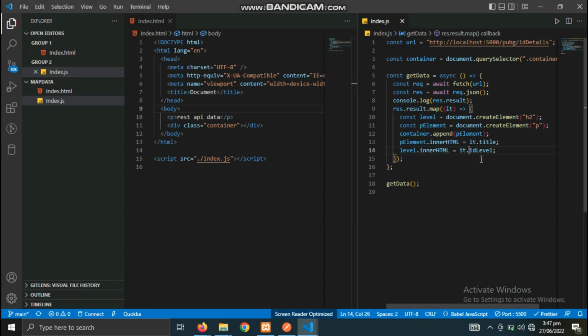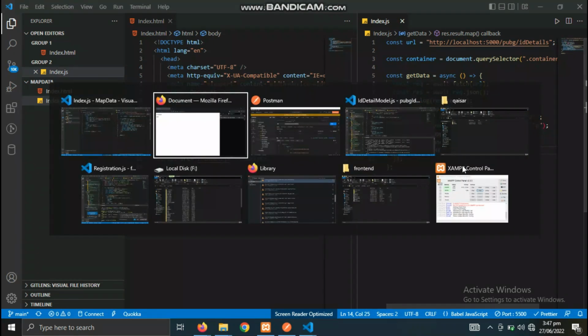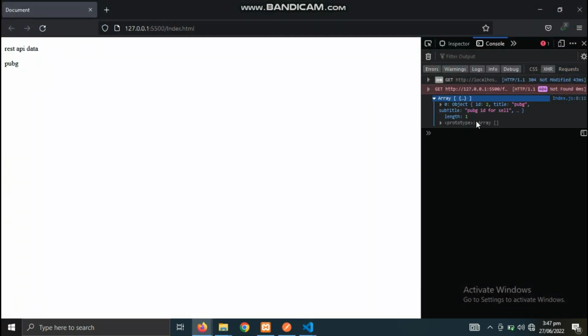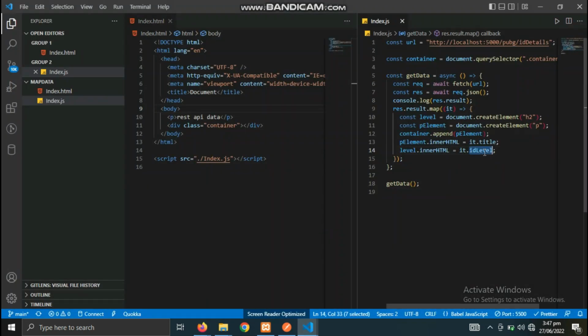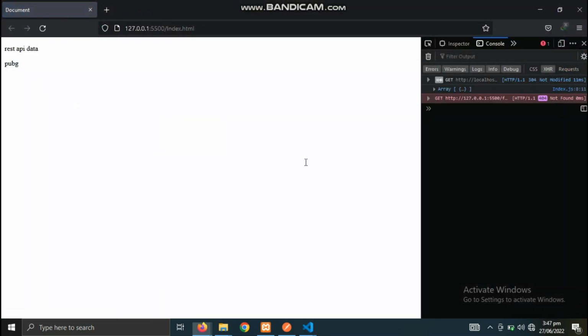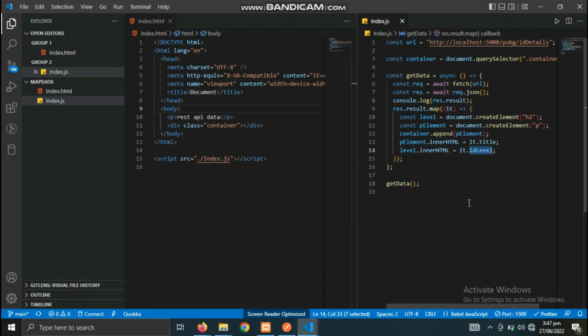And if I do Ctrl+S, idLevel.innerHTML should be it.idLevel, I think. Where is that idLevel? I don't know why it doesn't show us that result. So I refresh the page, and for some reason I don't see it. What's the problem? If I say it.title,